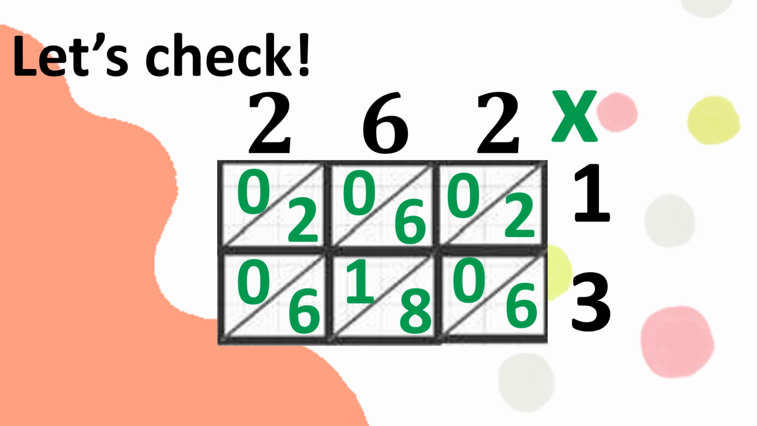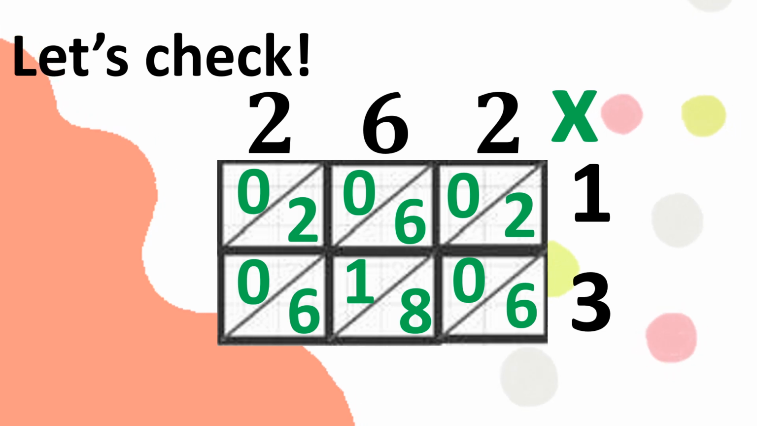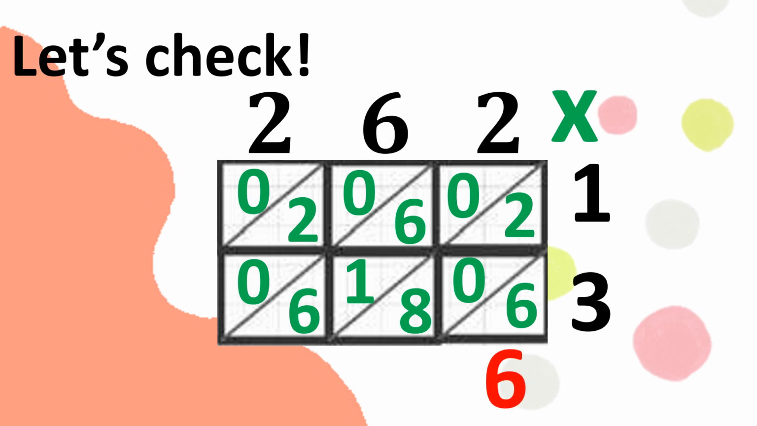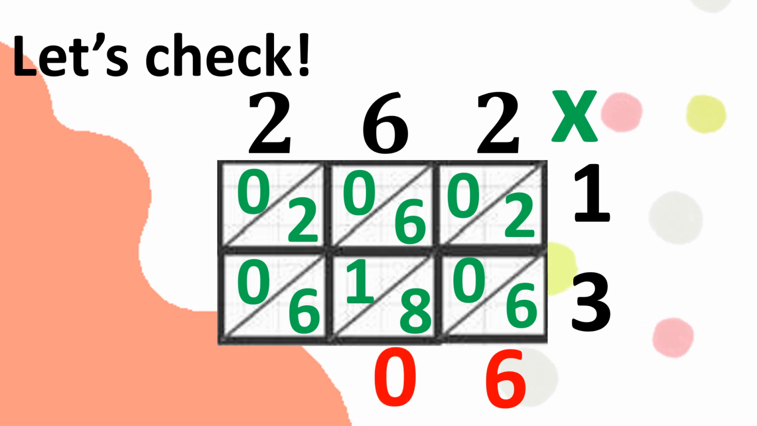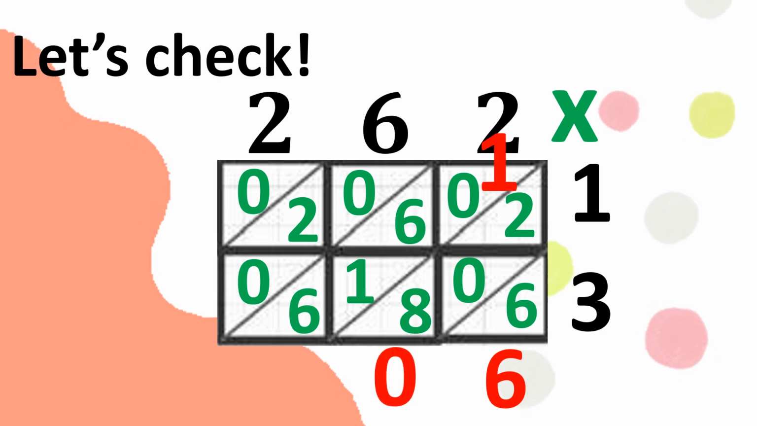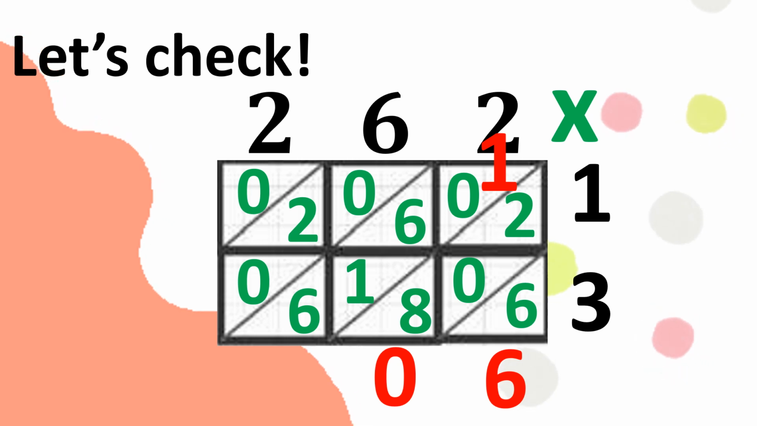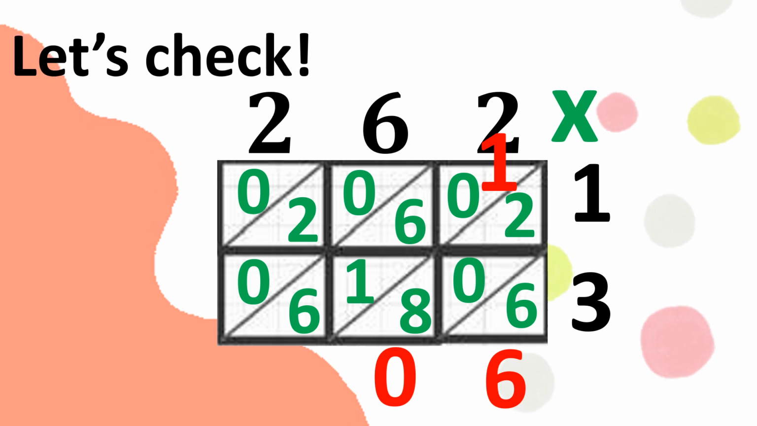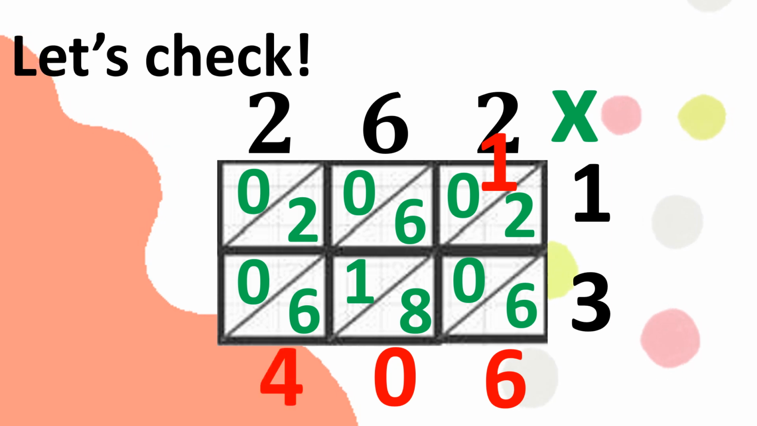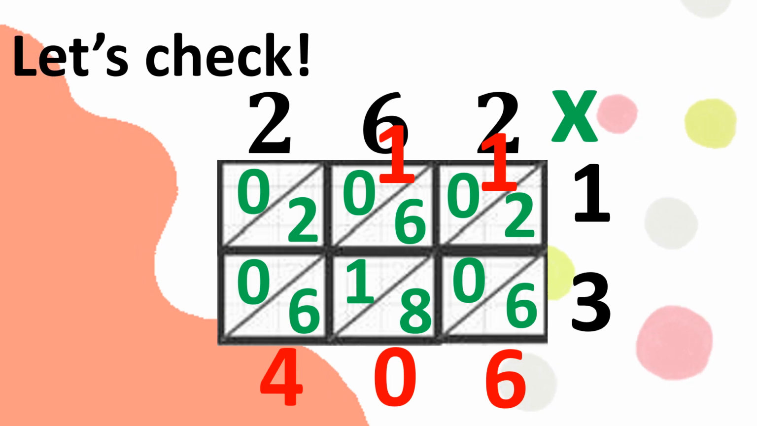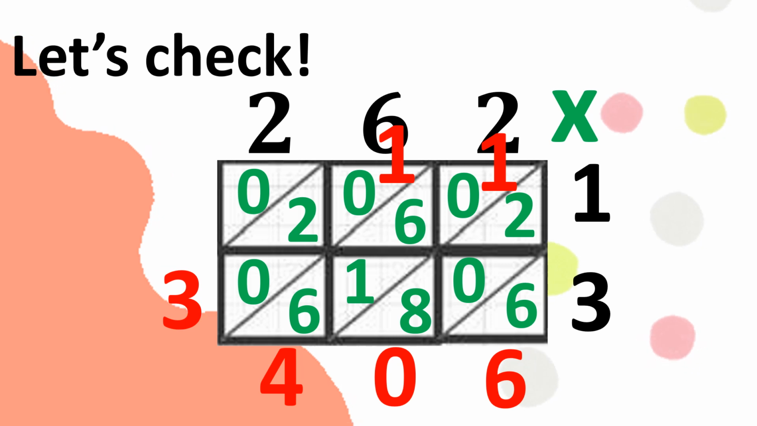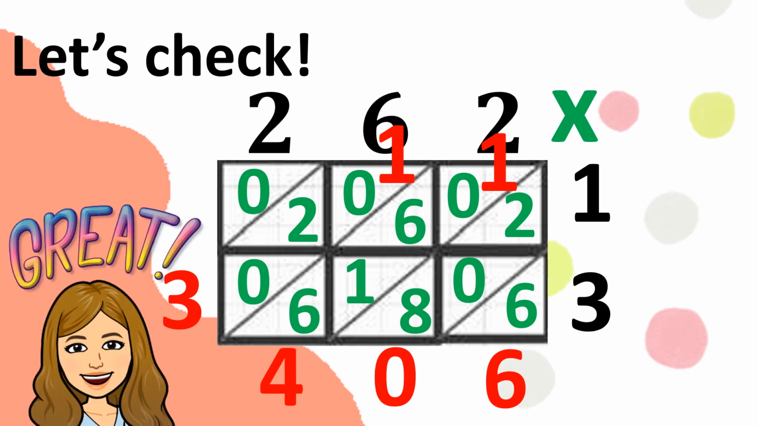So, we are now going to find the sum of the initial product by adding the diagonal. So, 6, bring down. So, 2 plus 8 is 10. So, carry 1, bring down 0. So, 1 plus 6 is 7. And 7 plus 1 is 8. 8 plus 6 is 14. So, carry 1, bring down 4. Now, 1 plus 2 is equal to 3. So, the product of 262 times 13 is